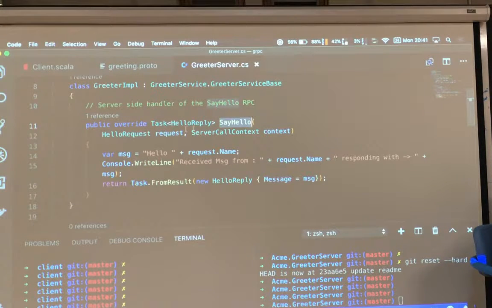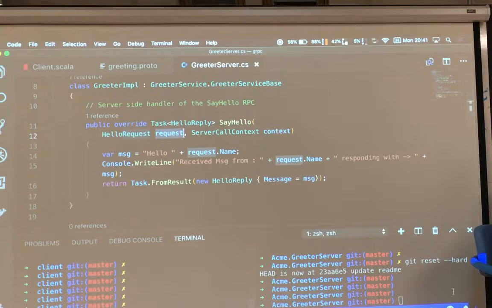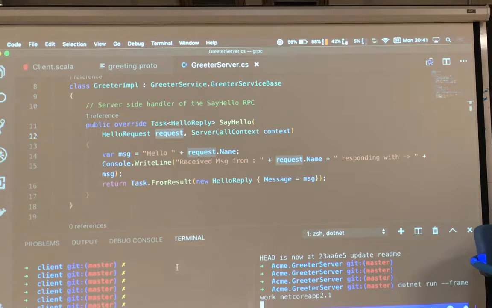As you would expect, this function has two parameters, one being the hello request, which is the model that's generated from the proto files, and we just write it out. So let me run the app, show it working, and then it's done.